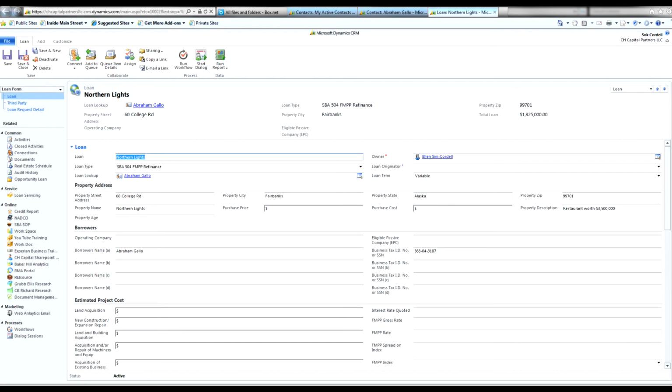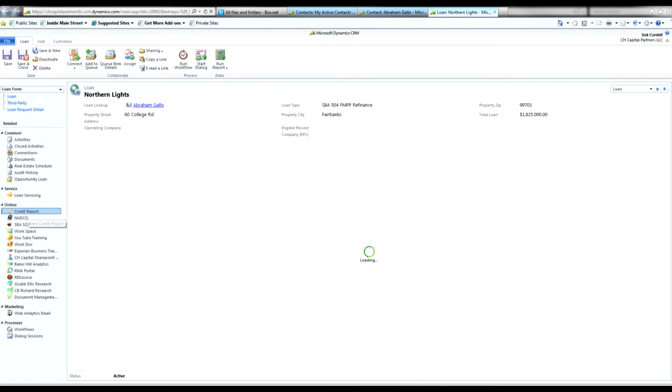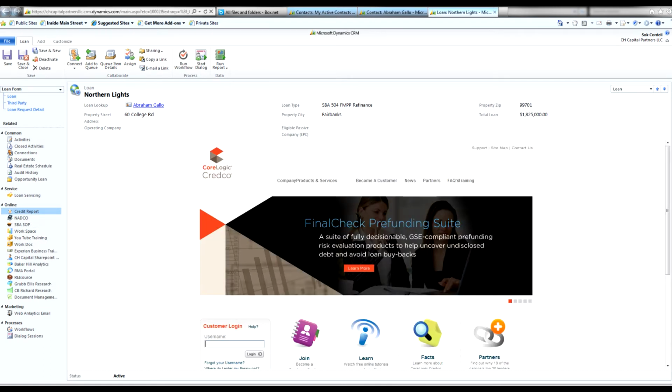anyway, to make the long story short. So if you look at the header, this is their actual property that they're financing. And on the left side, you can go and pull their credit report. And if you look at the header, it's already blended in. It took me learning programming to figure this one out. It was not that simple. So on the left column, you see the credit report. When we pull a credit report here, it automatically integrates with the client. But not like other pricing software,